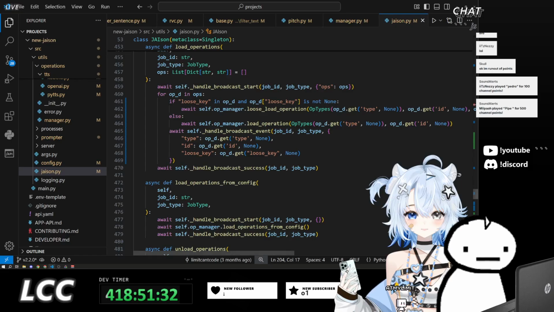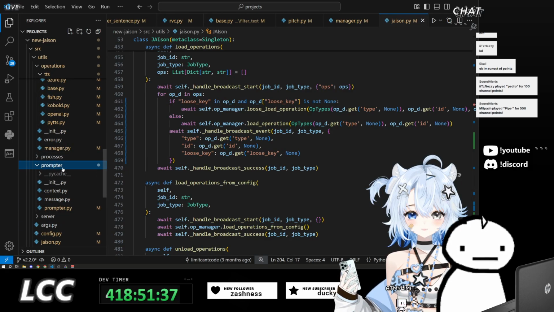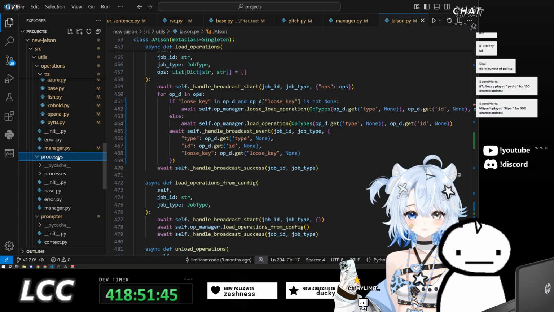So we have the option to update the configuration for operations and prompter. Well, what about process? Process is different. Okay.